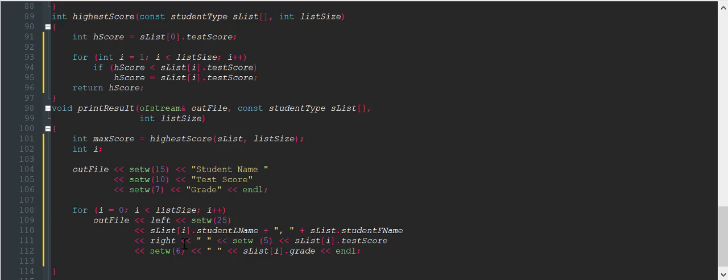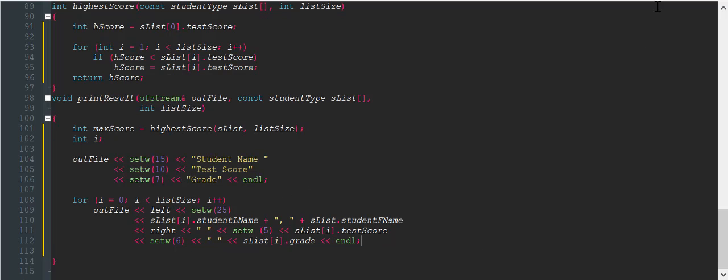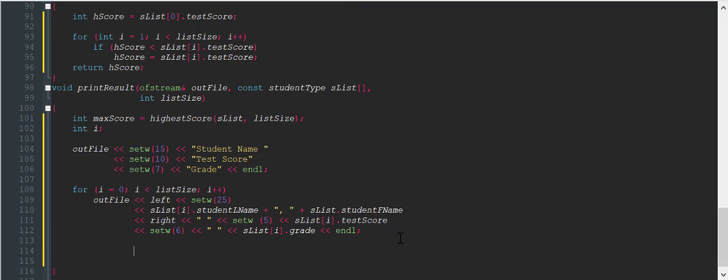And there we go. That is the end of this little mini section for loop. And now after you're done with this for loop, you can come to the bottom and then you write in out file endl. Oh no, just out file endl,